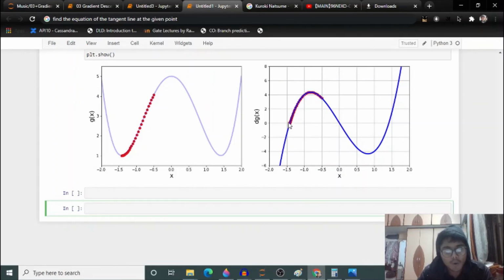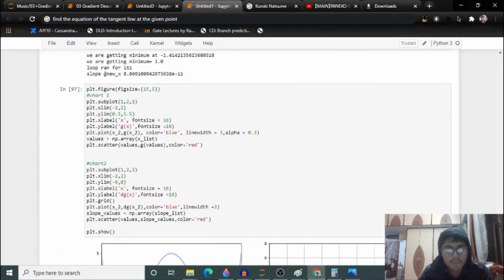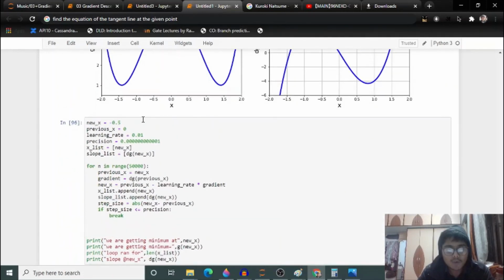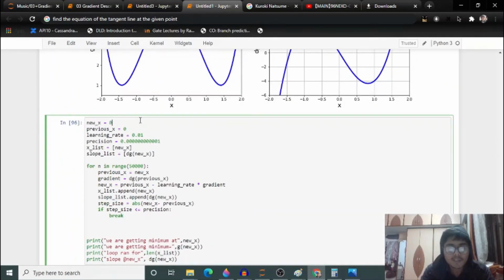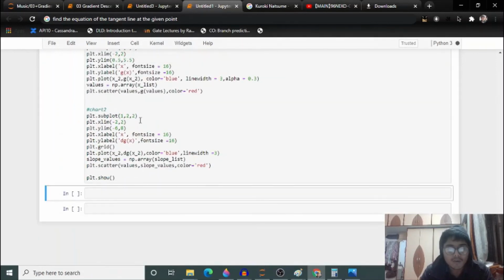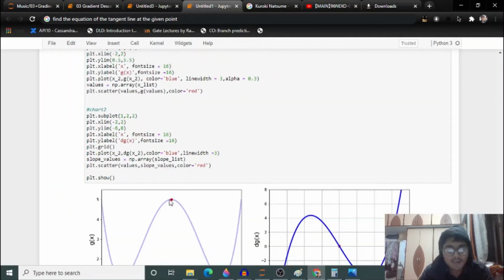And the drawback of this algorithm, guys, now I want to show you. Okay, so if you put the value 0, guys, it will just stop, it will not go anywhere. Okay, because this is slope 0, guys. So these are some of the limitations of gradient descent, guys. But by using random values we can always approach a local minimum, guys.